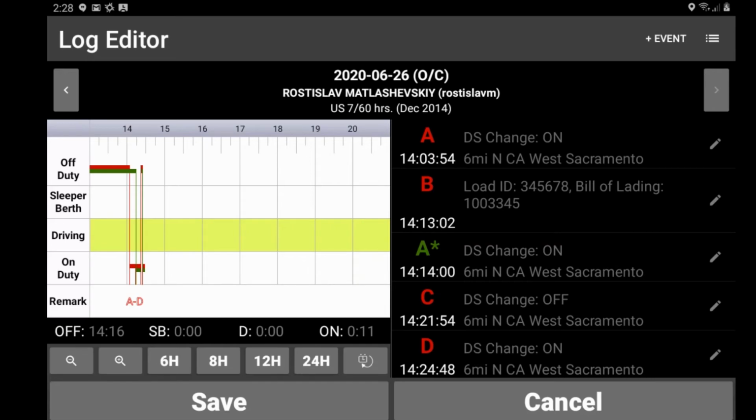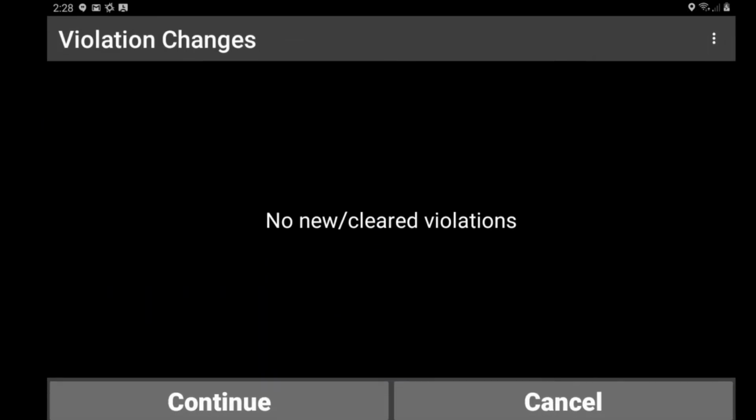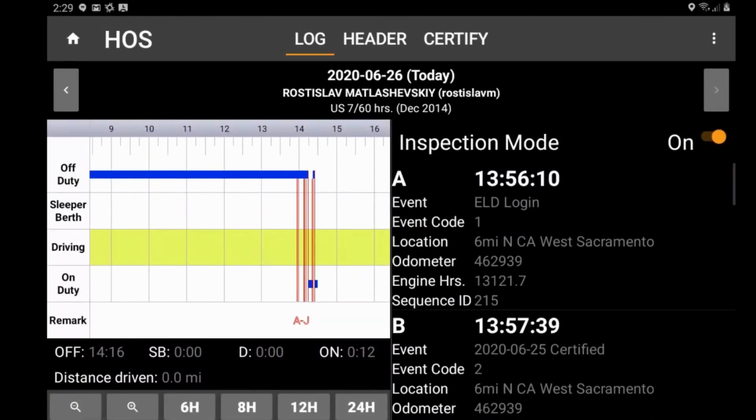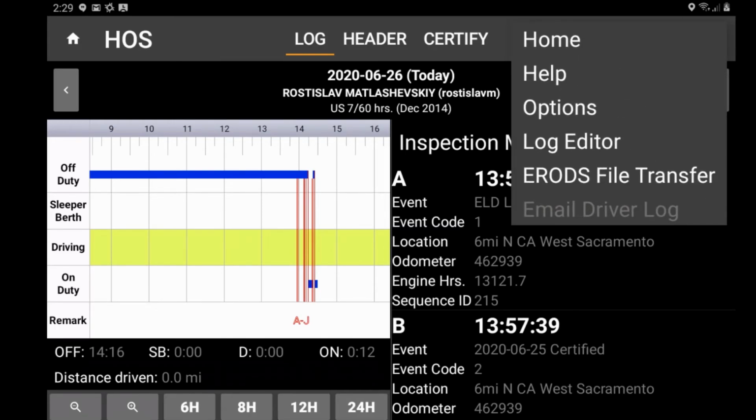Edited event will appear in green with an asterisk. Click save. This screen confirms that our edit has not cleared any violations. Click continue. In order to add new event, you would select the same menu, click log editor,